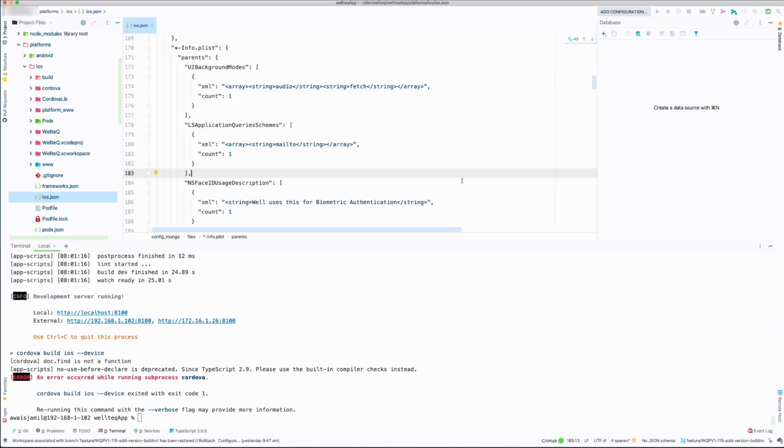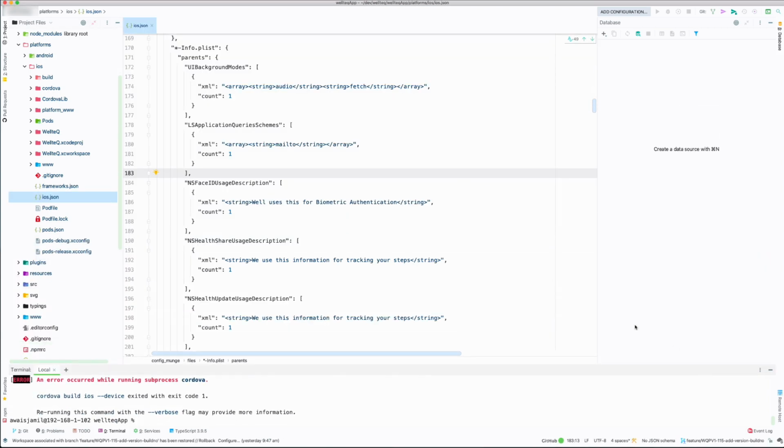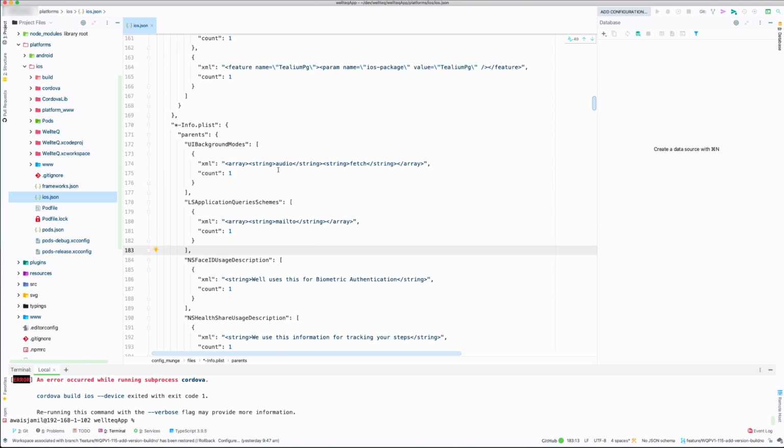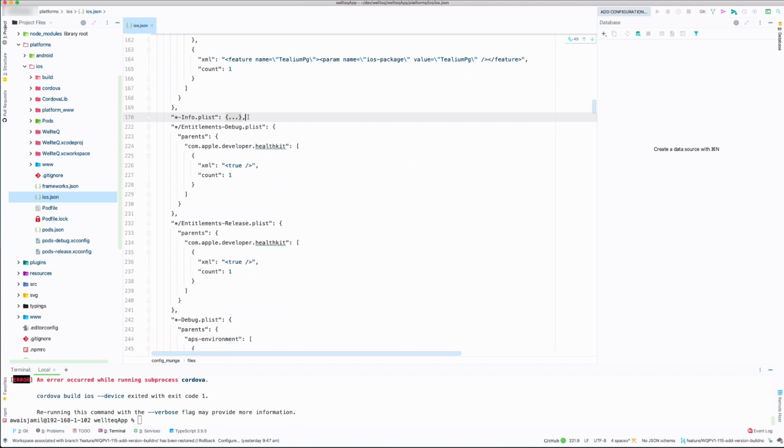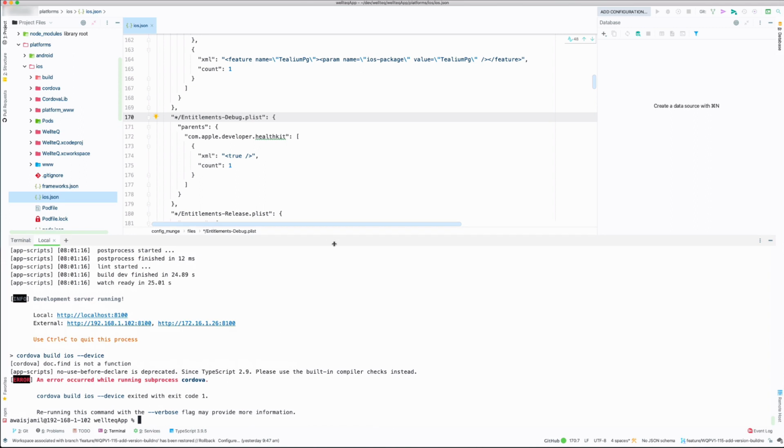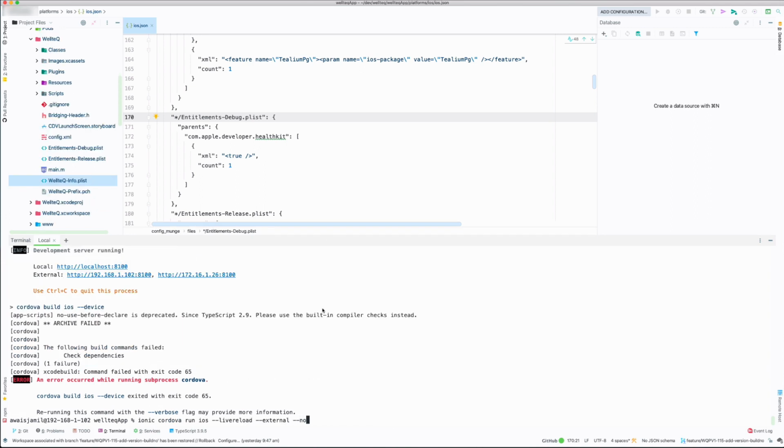Open the ios.json file in your iOS project, which is in the platform folder. In this file, you're going to have to find this -Info.plist key. Basically, remove this with all its keys. After removing that key from the ios.json file, you need to use this flag